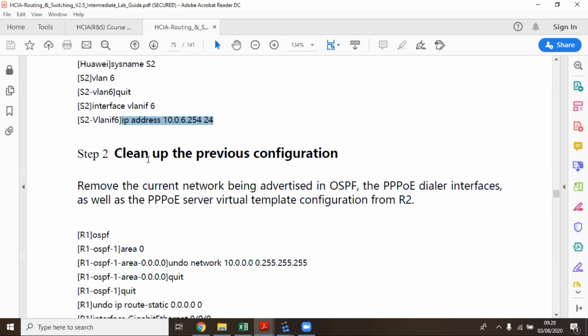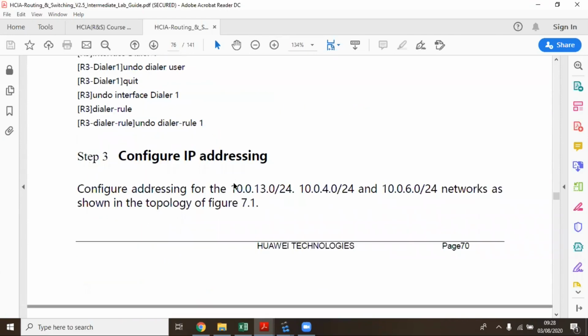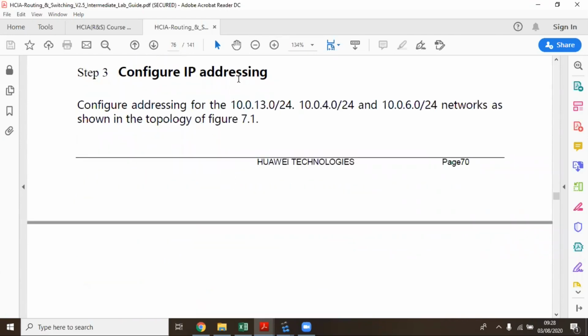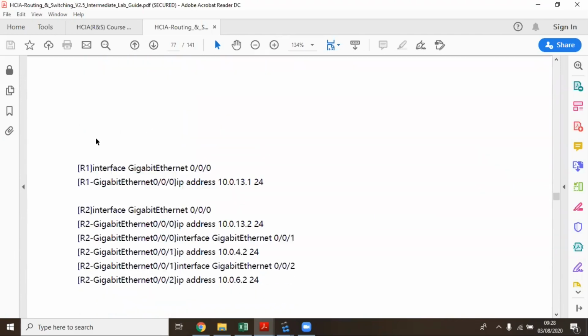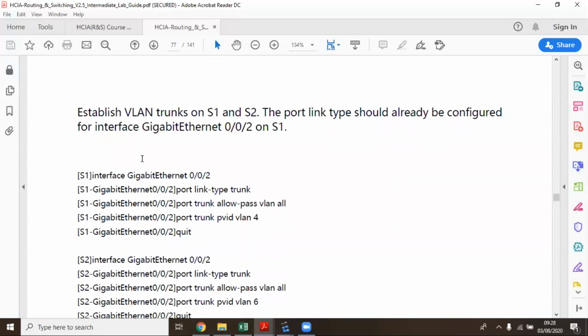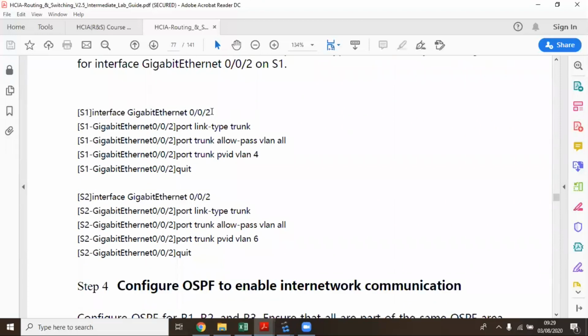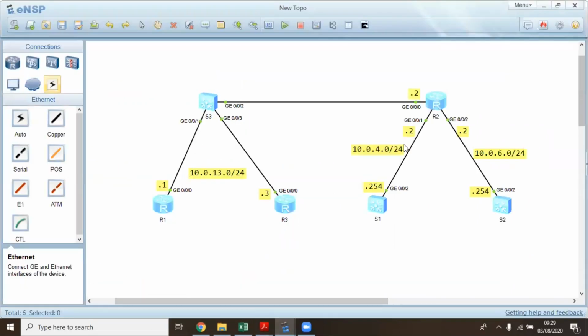we can go ahead and go to step 3. Most of the time, I advise that you don't begin with the previous topology. You just do a new topology. So we are not going to do step 2 because we are starting with new devices. So step 3 is about configuring IP addresses for all those interfaces that you've seen on the routers. And other than that, on this particular step 3, we're also supposed to make the interfaces that we've seen on our topology, the ones that are connecting to the router,